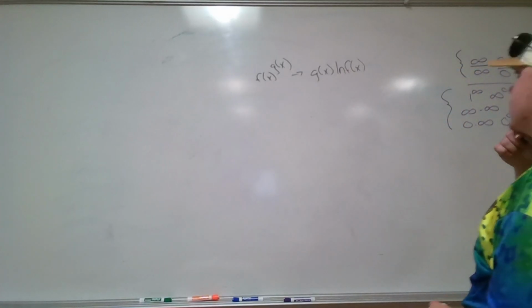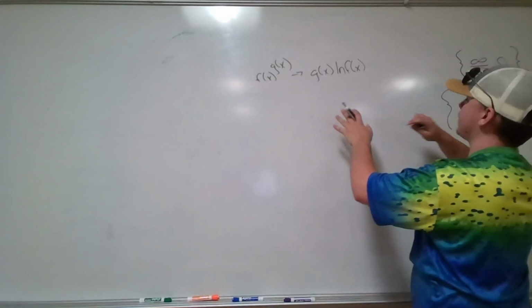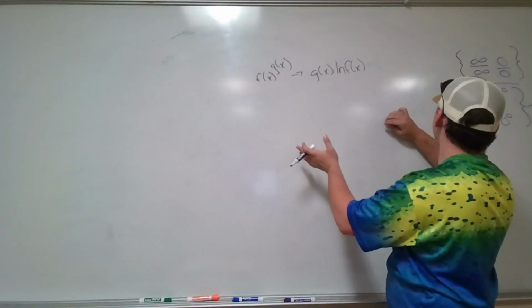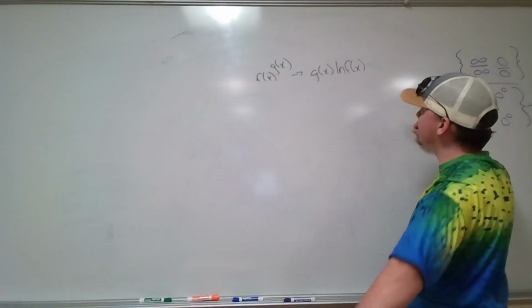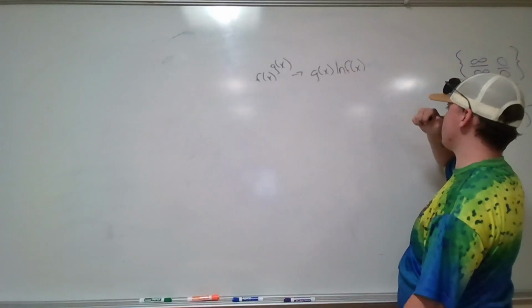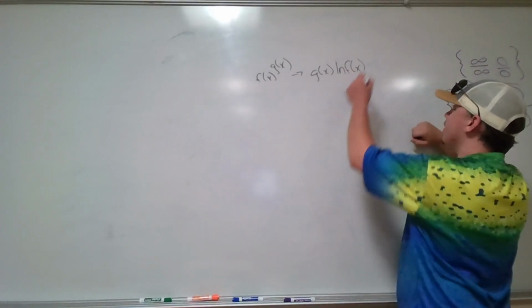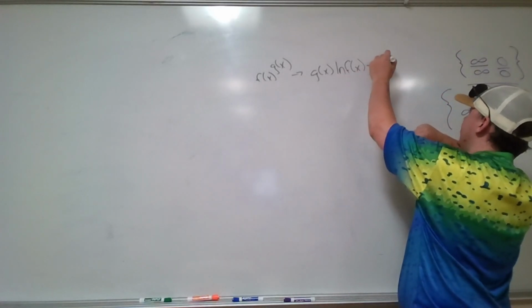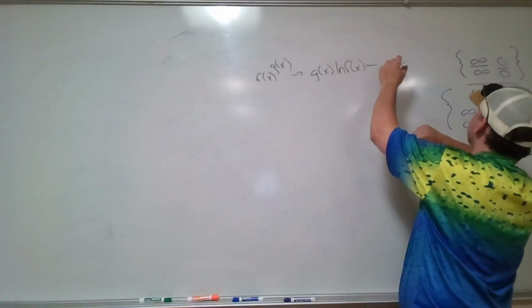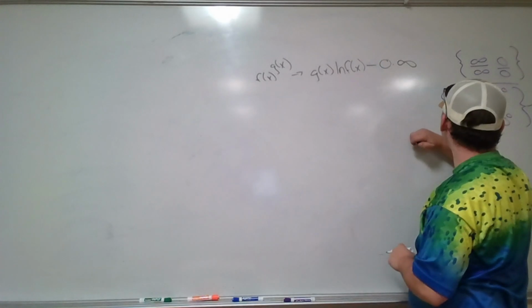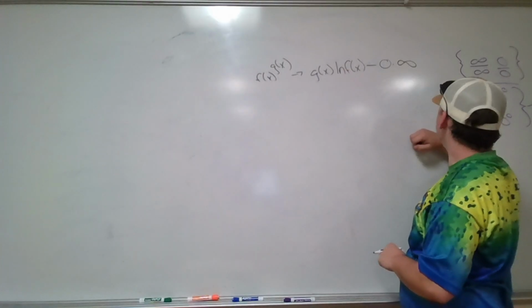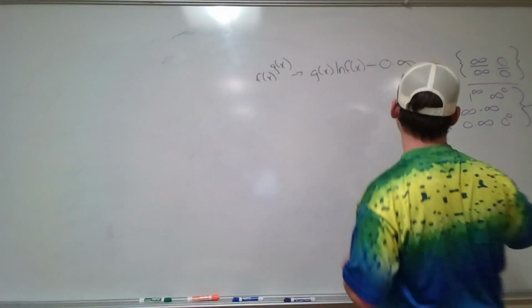Next, this will always, okay, maybe not always. Actually, yes, always. I'm just going to go ahead and say it's not going to be one of the two indeterminate forms you want. So what you're going to have to do, odds are it's likely going to be 0 times infinity. I think that's all what my examples come out to be. You're going to end up with that. So what you have to do